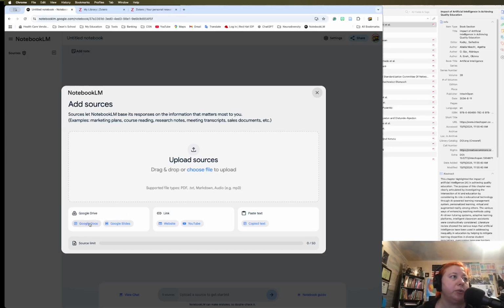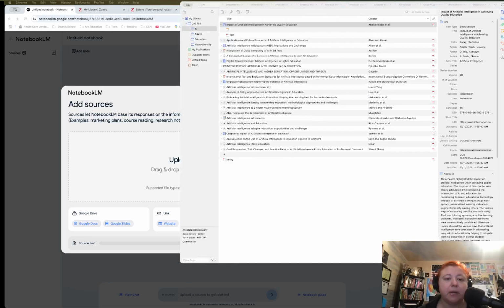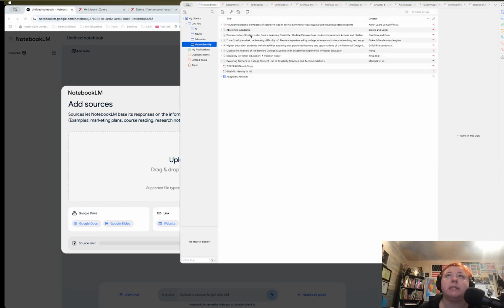You can connect to Google Drive if you keep it in your Google Drive, directly Google Docs, Google Slides. But most often I use this upload. And what I do, let's just say in my Zotero, I already uploaded a lot of files. And I like to do this with my desktop Zotero. So let's just say one of these documents that currently doesn't exist in my